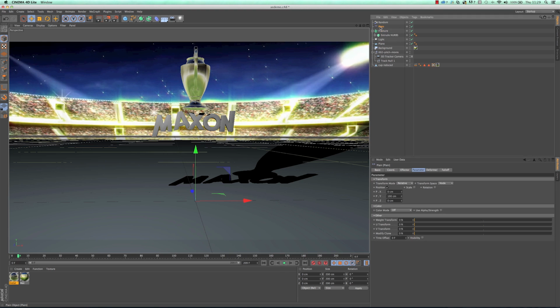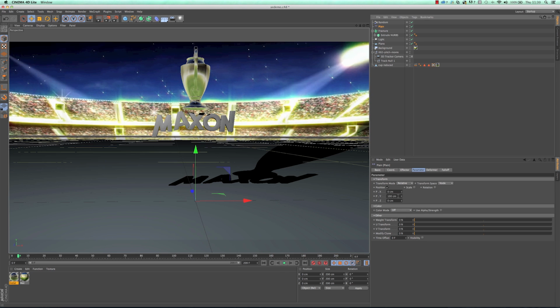Well, let's have a look at one. Let's have a look at the plane one first. The plane one enables you to affect a variety of different things, and these are quite common to several effectors inside MoGraph, but you can affect things like the position, the scale, the rotation, and all kinds of weird and wonderful stuff to them. So what I'm going to do on this one is just affect a few different things.